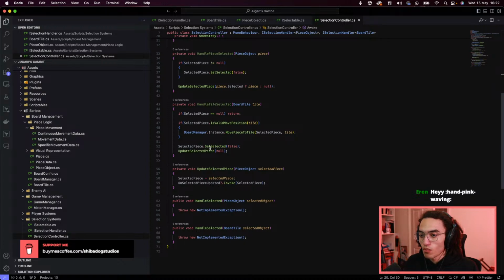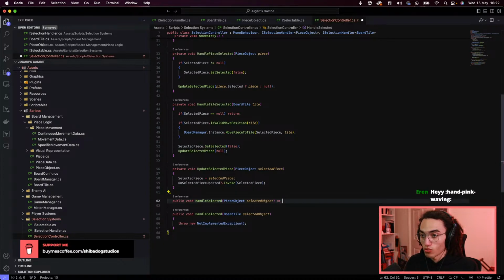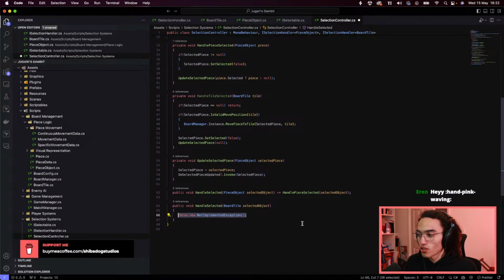Do more or less what we've already done in our handle selected for the piece. I think we can just go ahead and call handle piece selected with our selected object. And then for the board tile, at least for the time being, we're going to come back and change that in a moment. Actually, I've just thought, for the board tile, what we want to do is a check to say if selected piece is equal to null, or no, sorry, if selected piece is not equal to null,